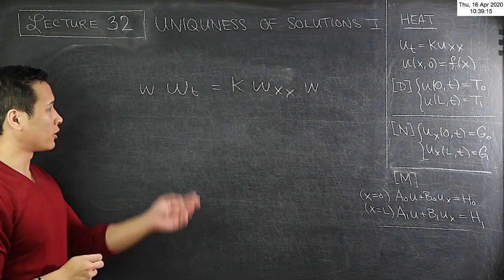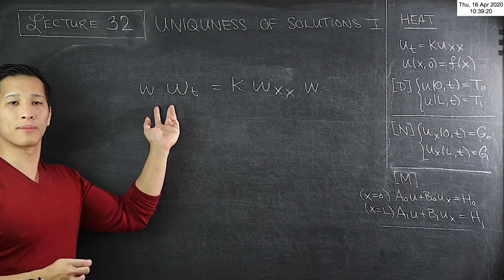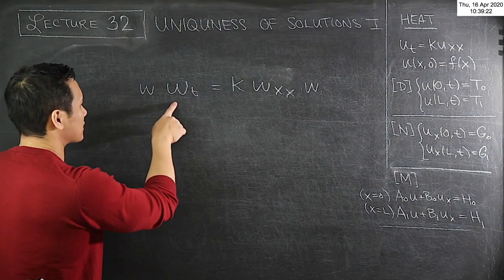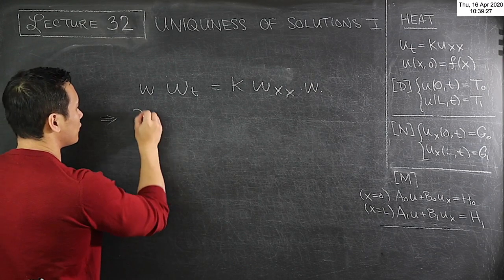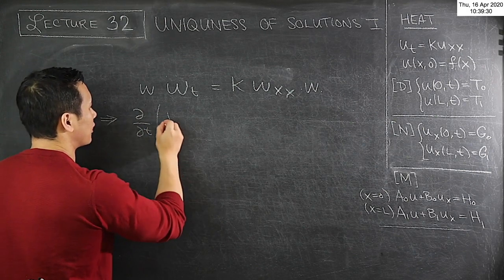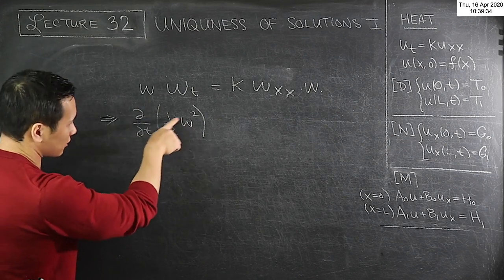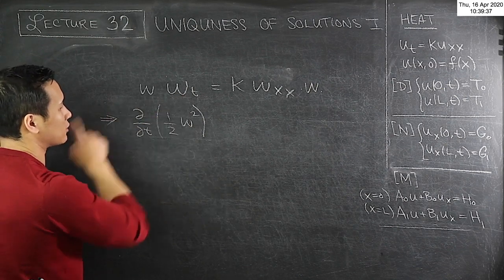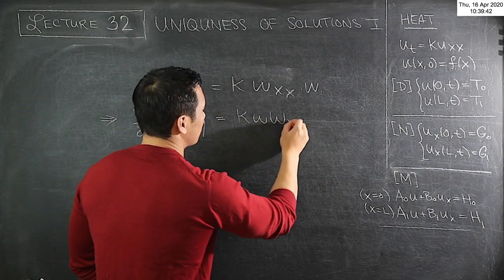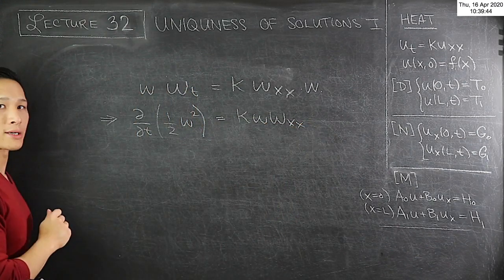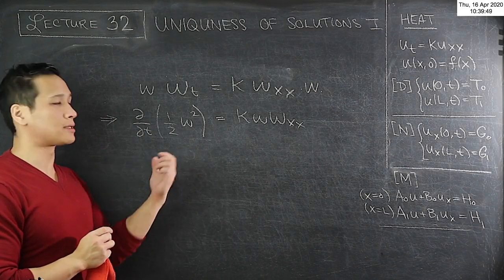Okay? And then what you notice is that you can rewrite this left-hand side as a derivative term. Okay? So you can rewrite this left-hand side as d/dt of 1/2 w squared. Because then the 2 comes down, you have w times w_t. And I'll leave this as kappa times w_xx. Okay? The next thing you're going to do is you're going to integrate both sides with respect